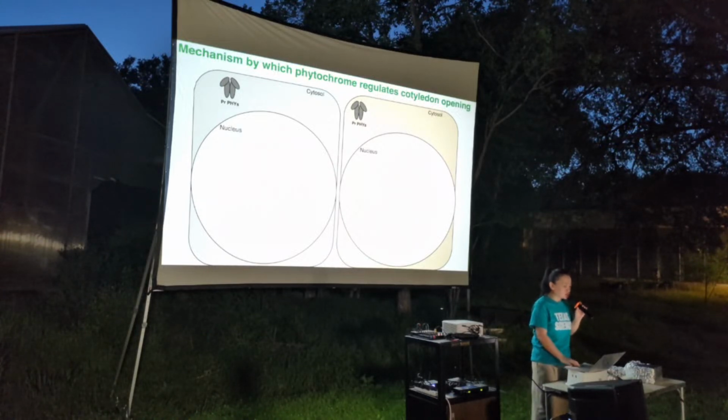So we talk about the phytochromes. They are proteins that can perceive red light and far red light. Here there are two cells. The green one is the cell in the dark, and the yellow cell is under light conditions. You can see that in the dark, these phytochromes are green. Actually, they are not active. They do not work. They are lazy.